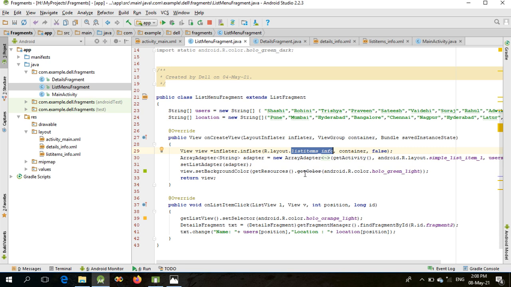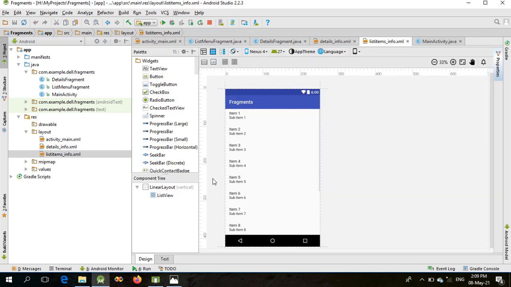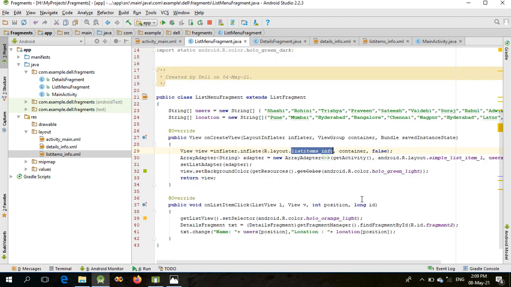Okay, so this list_items_info represents this particular file, list_items_info dot xml. Whatever layout we have defined here, this layout will be set to this particular list menu fragment class or list fragment class, right? And the next thing we are going to do,